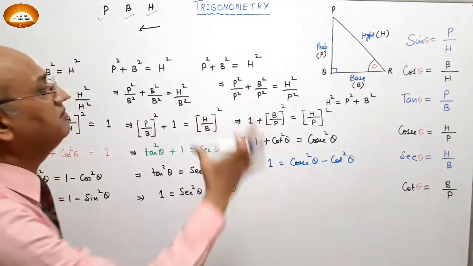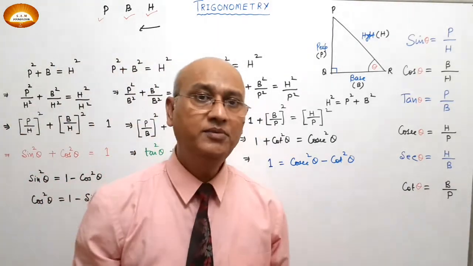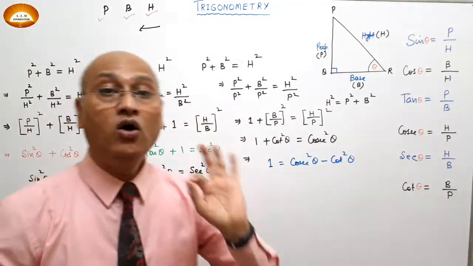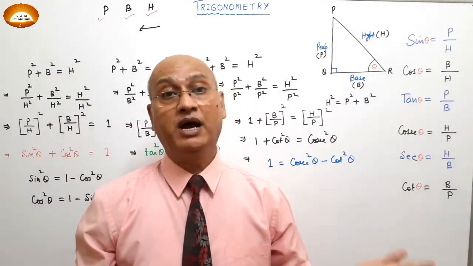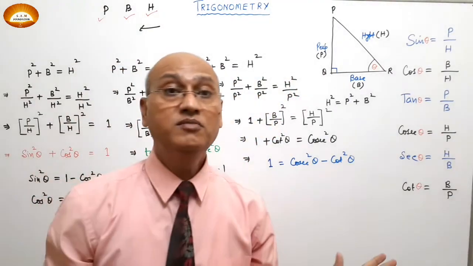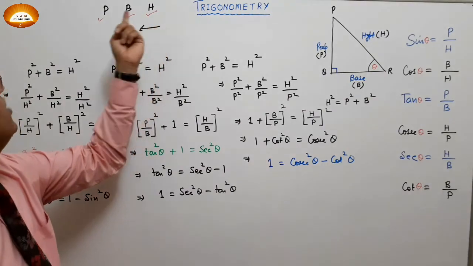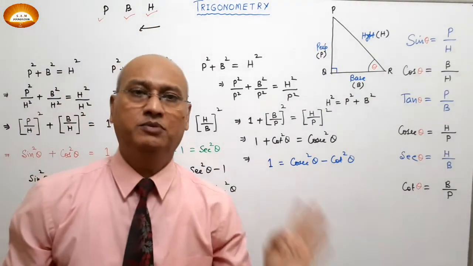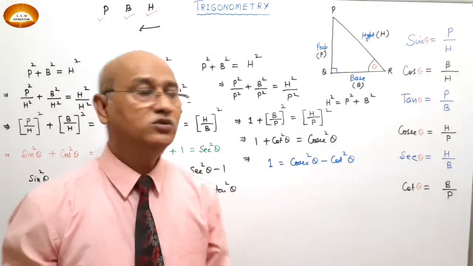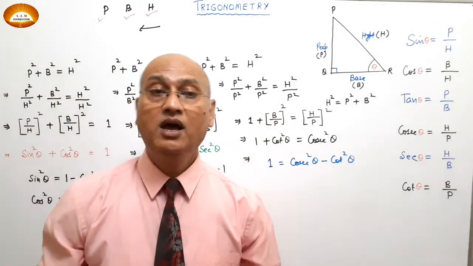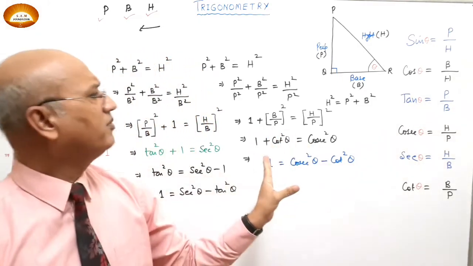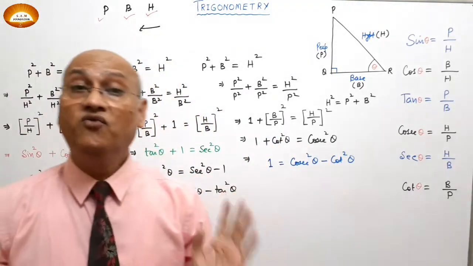Now, these are the three basic identities we have derived. The basic thing you have to understand here is the Pythagoras theorem. All three identities are derived from the Pythagoras theorem, and you just divide all the terms of the Pythagoras theorem one by one: one time by hypotenuse square, one time by base square, and one time by perpendicular square. So this is the best way you can keep them in mind. And if you forget, if you remember this method of how to get them, I'm sure you are going to get it. If you just write the Pythagoras theorem 3 times as I have told you and do the same operation, you are going to get the three identities very easily.